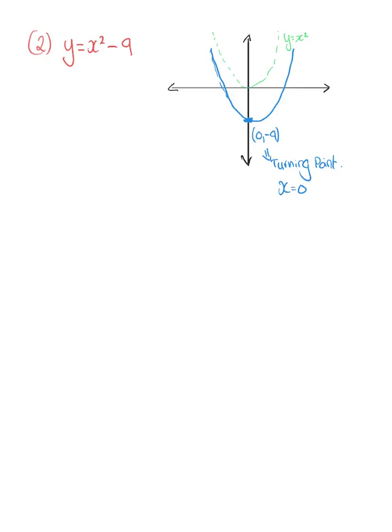Okay, if we have a look now though, we had to find the x and y intercepts as well. That's what we were asked before. Obviously the y-intercept we can see here. So the y-intercept is 0, negative 9, or at y equals negative 9. But we're going to get these x-intercepts. So let's do that. The x-intercepts are when y equals 0. So if we let that equation equal 0, we now have a quadratic equation. Now I should be seeing that this is a squared term, so I could write